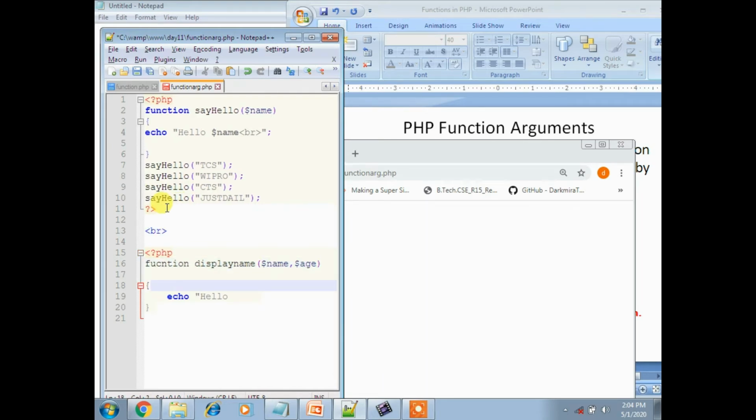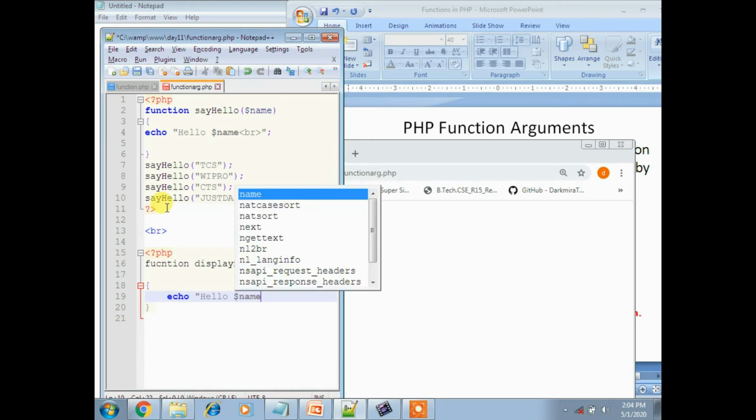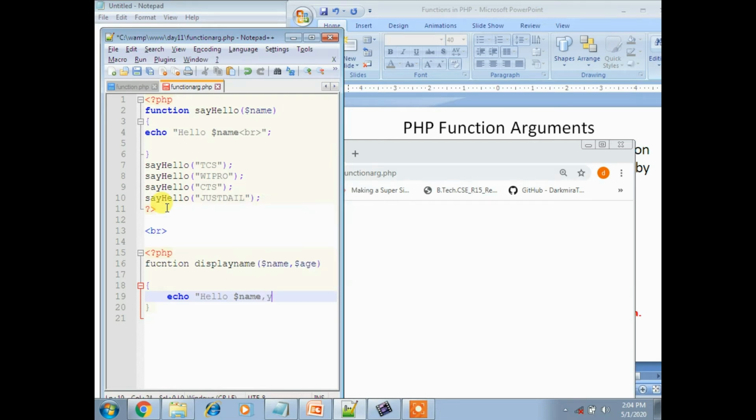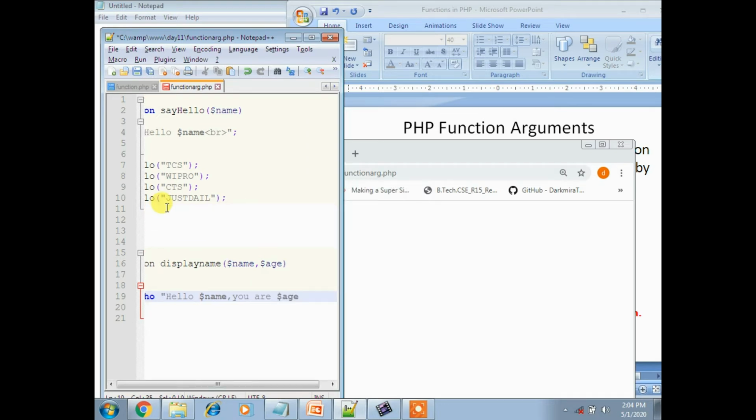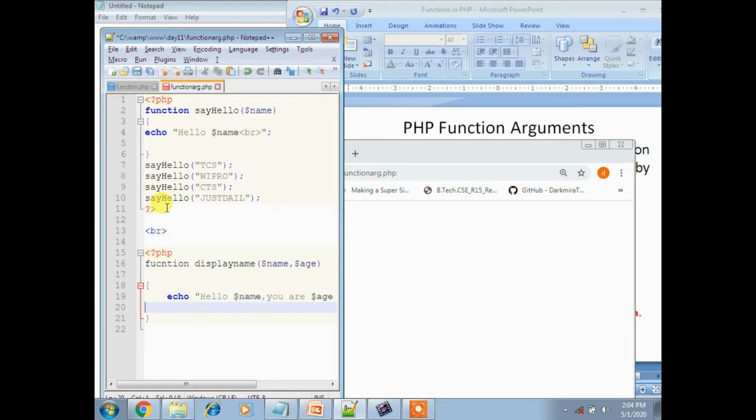Now we have to print a name, so hello dollar name comma you are dollar age years old. Now closing double quotation and semicolon, and then echo is ended.